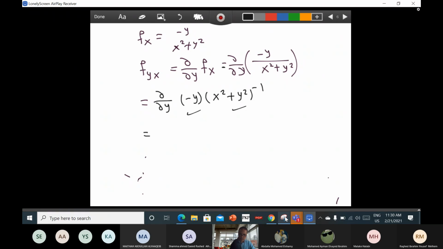What does the multiplication rule say? Just take the first one and differentiate the second one, plus take the second one and differentiate the first one. Oh, sorry, I made a mistake and you didn't notice. I'm differentiating with respect to y. Now,